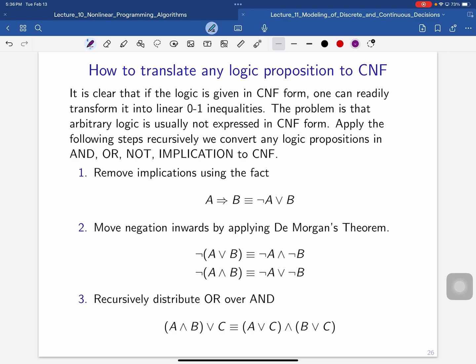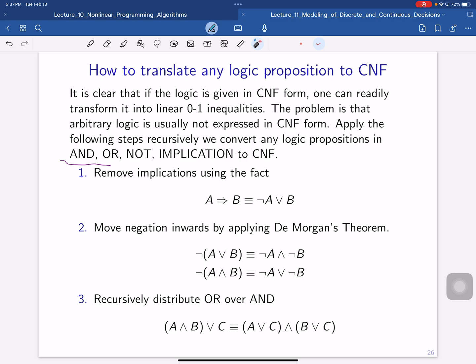Let's suppose the logic proposition can have and, or, not, and implication, since we already showed that if you have these 4 operators, you can express any logic. So if you have those 4 operators, how far are we from a CNF? First thing you want to remove is implication,